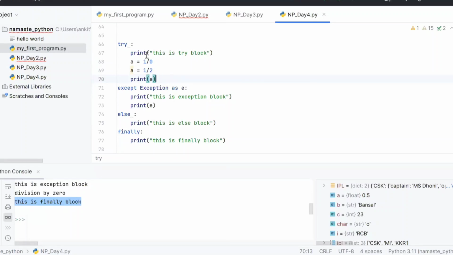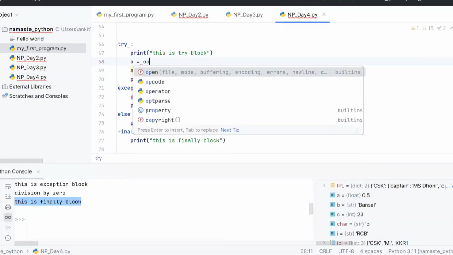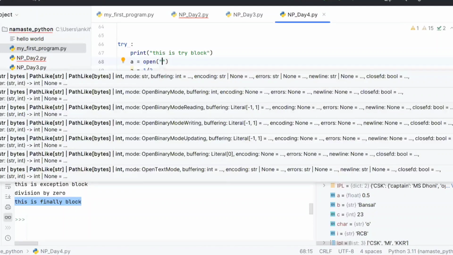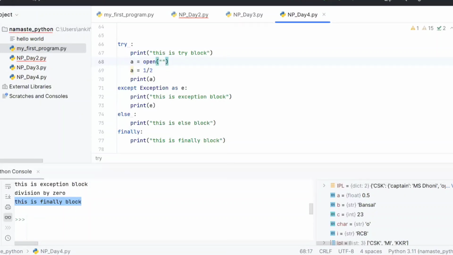So you can do it in the same try, right? You are opening a file here, right? Okay, got it. Yeah, I can use the same try, and if there are multiple lines of code, wherever the error is, there it will catch it. Right. Got it.